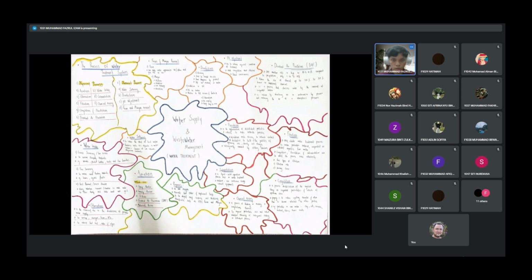So, we move on to chapter 4. In this chapter 4, it is called the water distribution system. In this chapter, we will learn about the 4